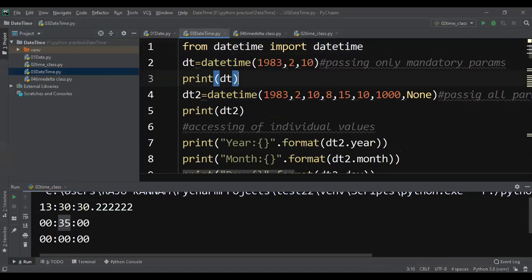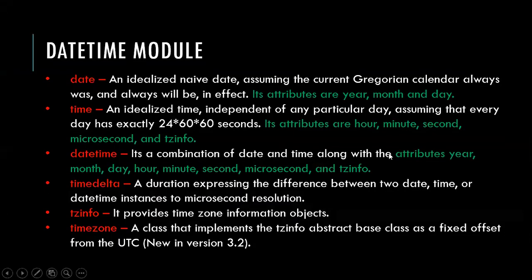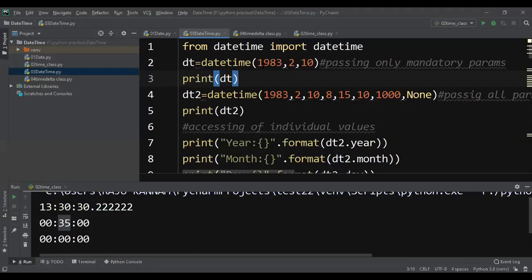So how many parameters will this datetime class take? It will take attributes year, month, day, hour, minute, second, microsecond, and tzinfo, but all are not compulsory. The first three parameters, year, month, and day, are compulsory and mandatory. The remaining hour, minute, second, microsecond, and tzinfo are not compulsory.